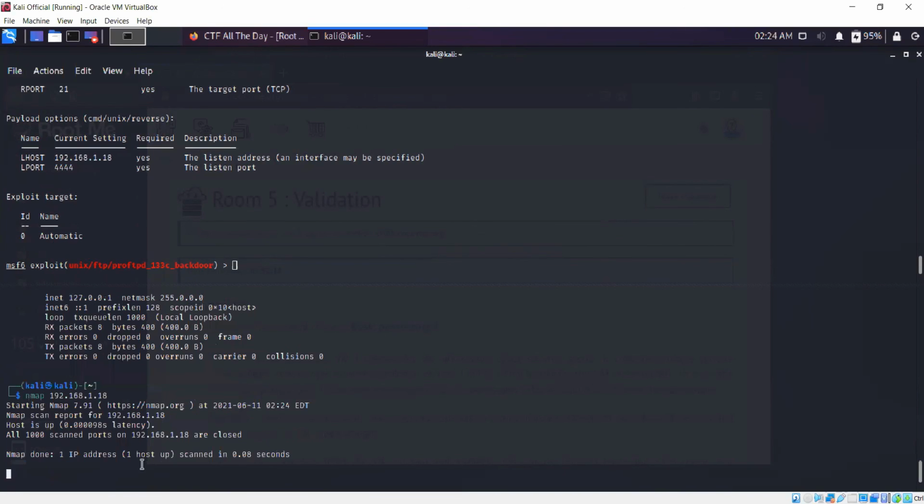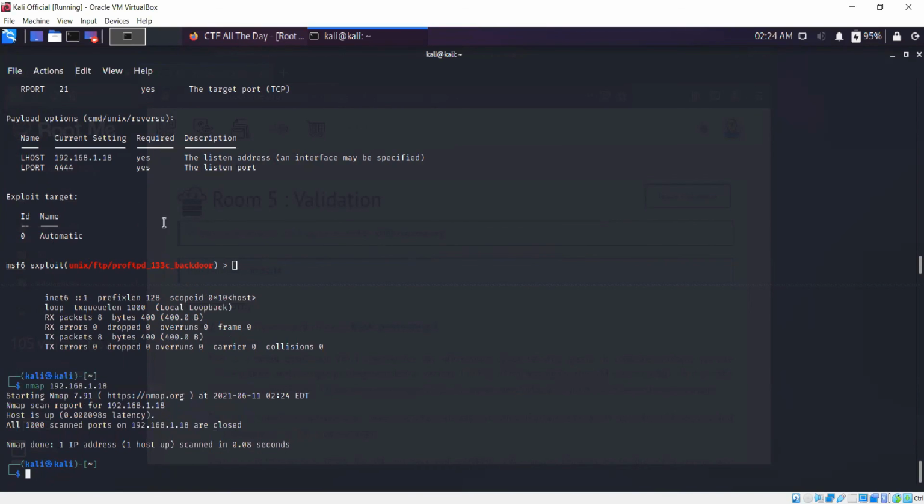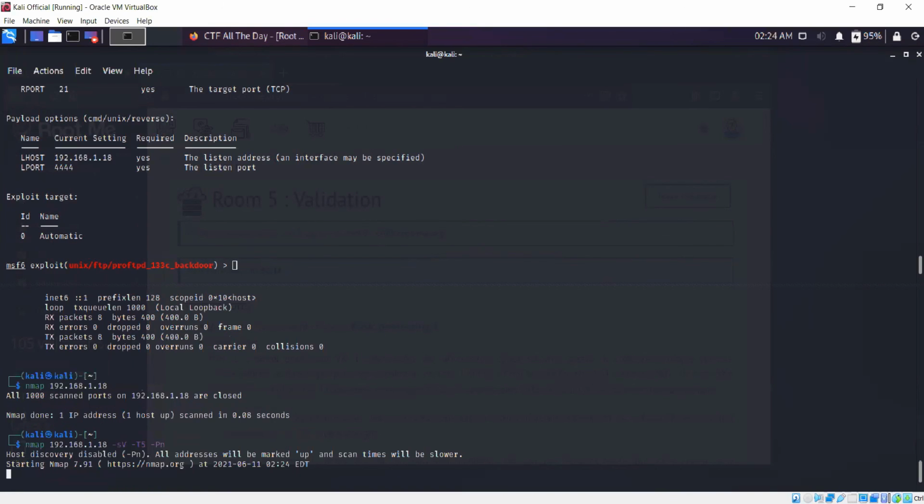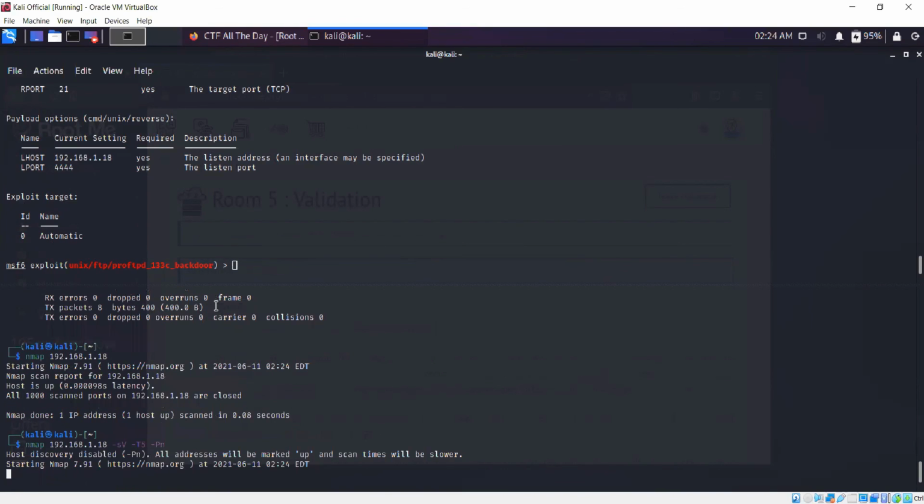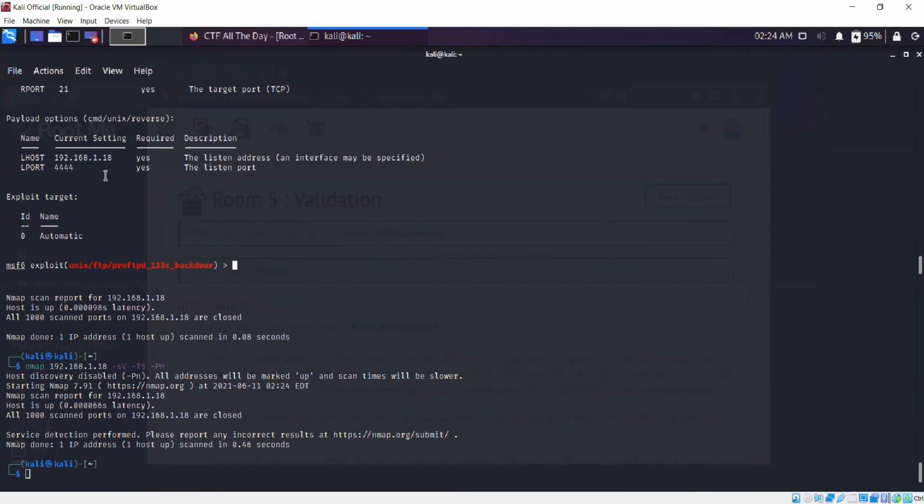So if I do nmap here, yeah, all my ports are closed. Wait. All right, all the ports are filtered, never mind. So this port by default should work. Let's try to exploit.